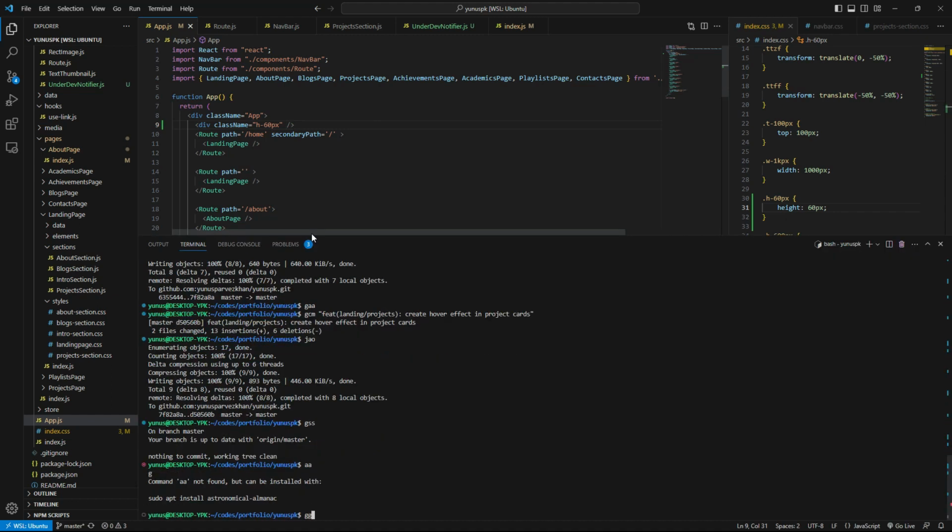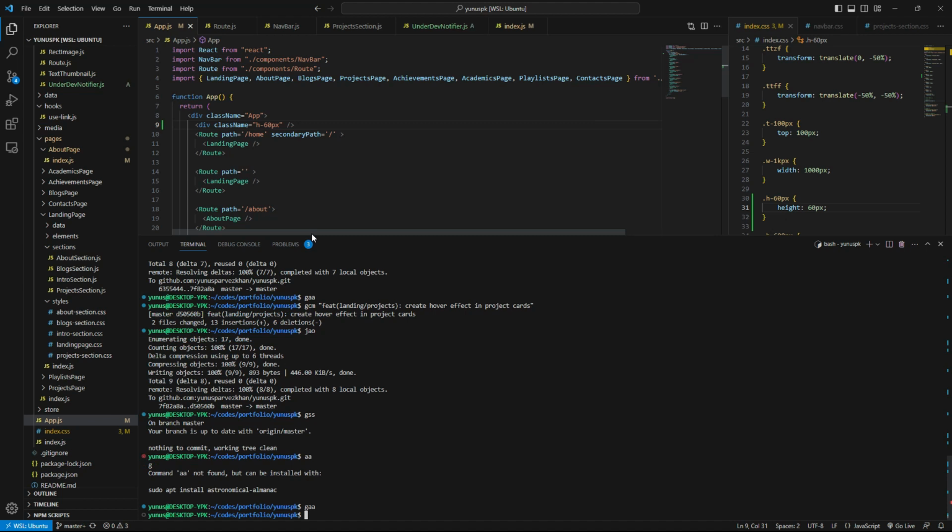Okay, GAA, and then GCM, and that's a feature or refactor.